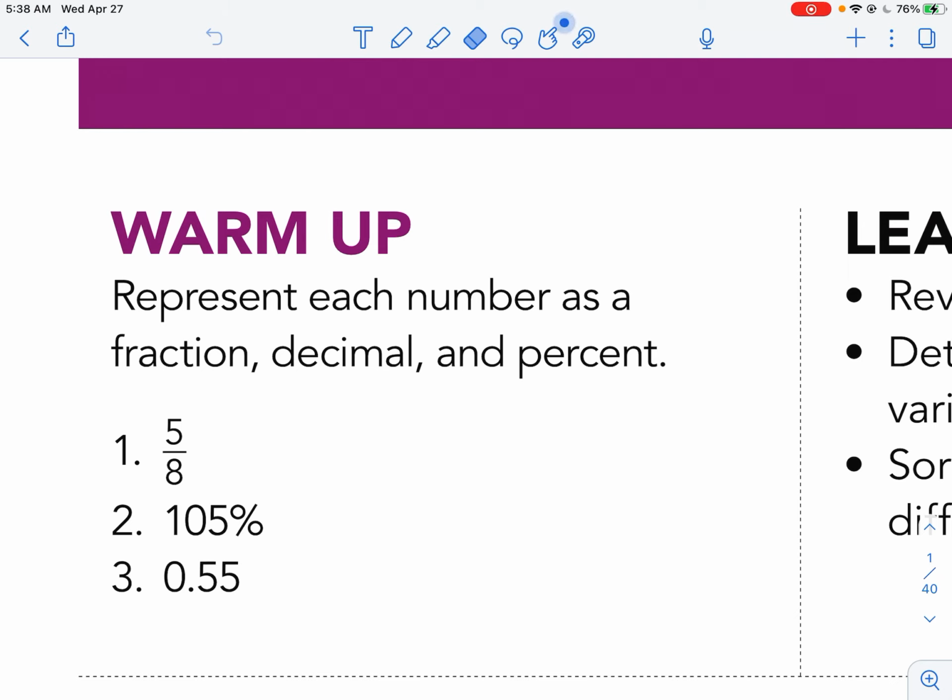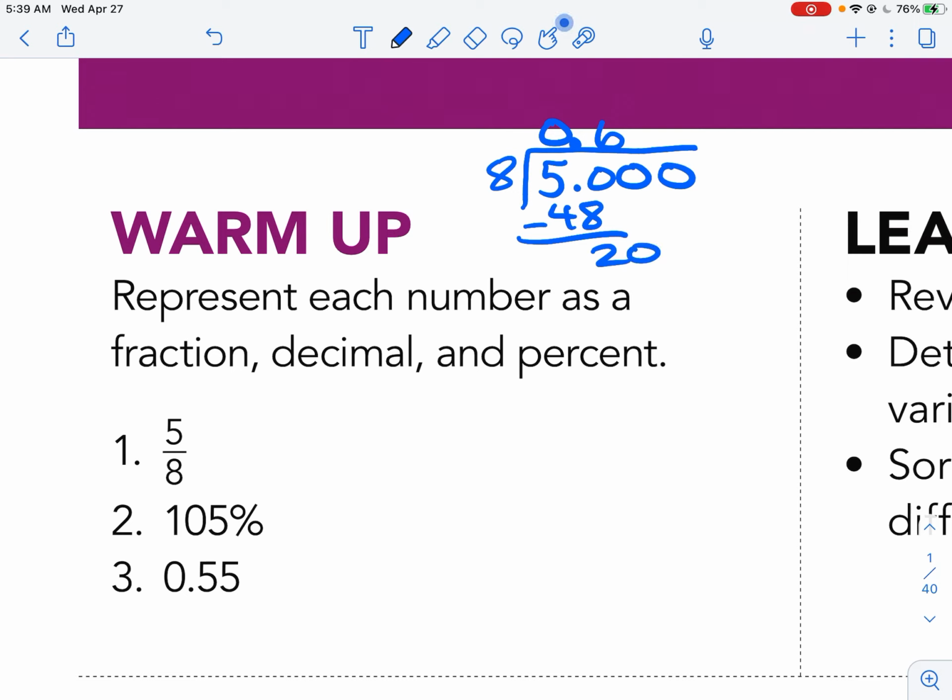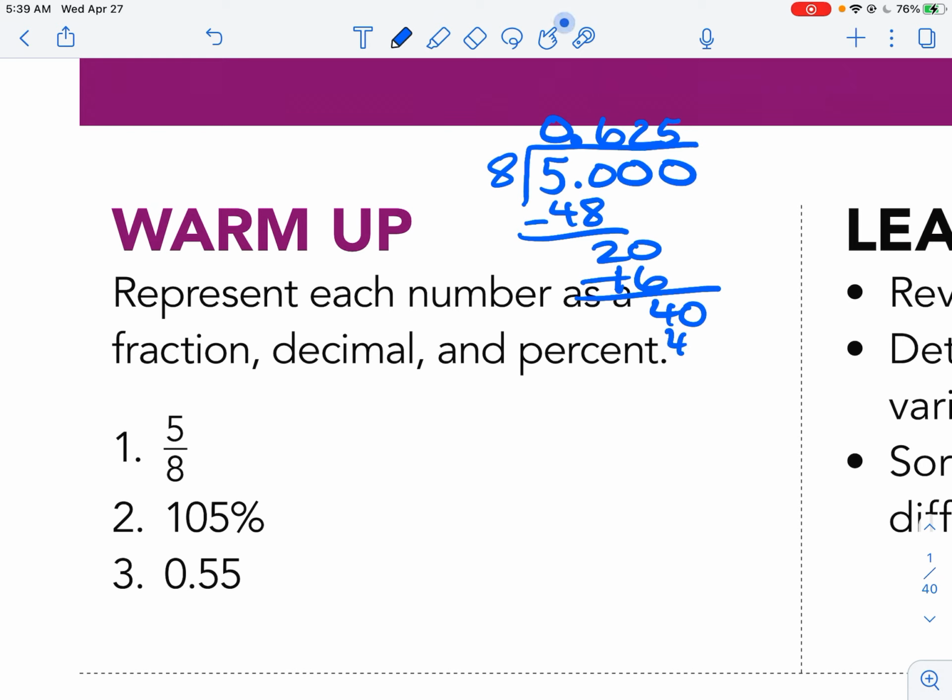So we take 5 and we divide it by 8. 8 doesn't go into 5. 8 does go into 50, and it goes in 6 times. I subtract, get 20. 8 goes into 20 2 times. That's 16. 8 goes into 40 5 times, and it goes in evenly. So